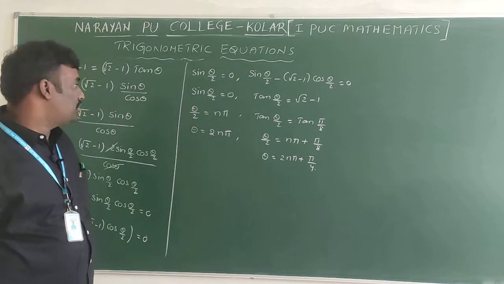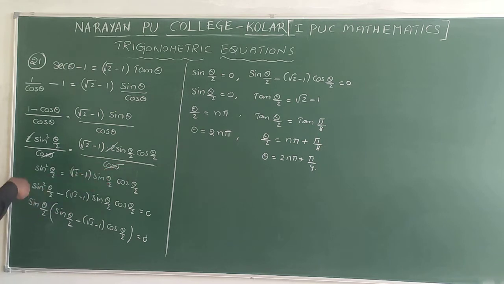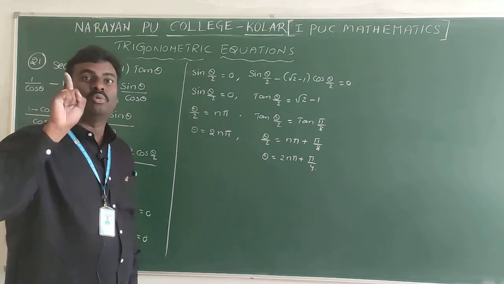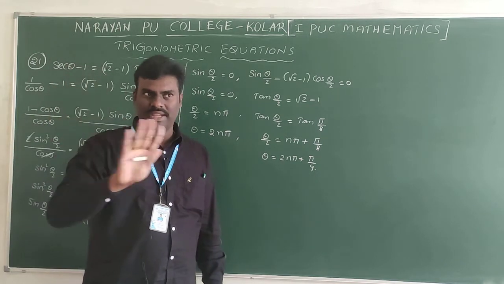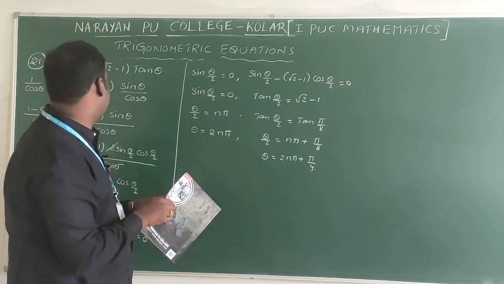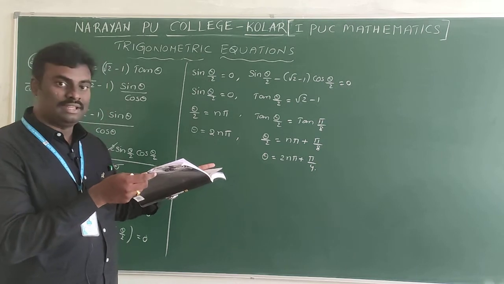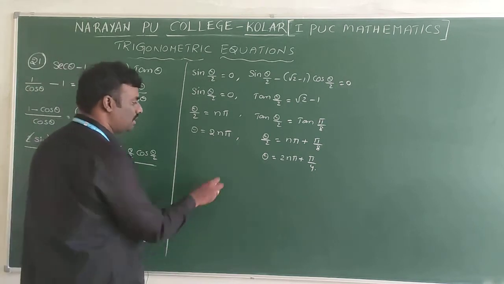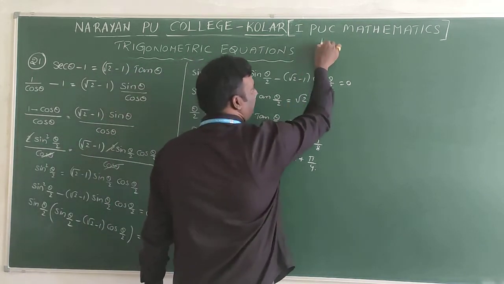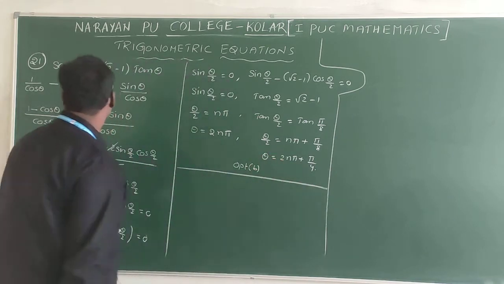So finally, we got two general solutions. If you cancel sine and sine, two general solutions will not come. You will get only one general solution. But don't cancel, you write both. In these two, whichever is given in the option, you select that one. So for question number 21, the second one is given, 2n pi plus pi by 4, that is nothing but option B is the correct answer. Okay, this is question number 21.